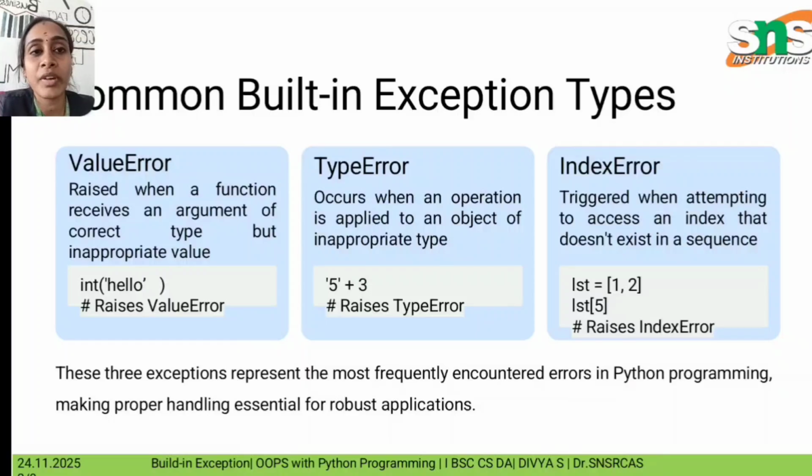So I have given some examples here. For int, I am declaring "hello". In this case the type is correct but the value is inappropriate, so it raises a ValueError. And 5 plus "3" gives you an inappropriate type here. Then for index, I am creating a list of values 1, 2, and when I attempt to access index number 5, it will give you an IndexError. These three exceptions are the most frequently encountered in Python programming, which makes proper handling essential